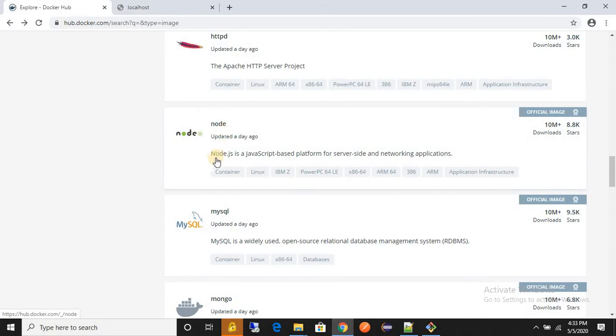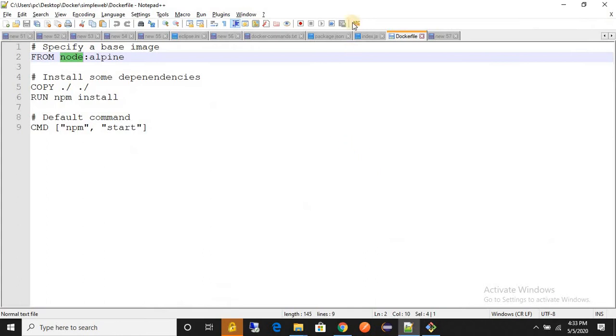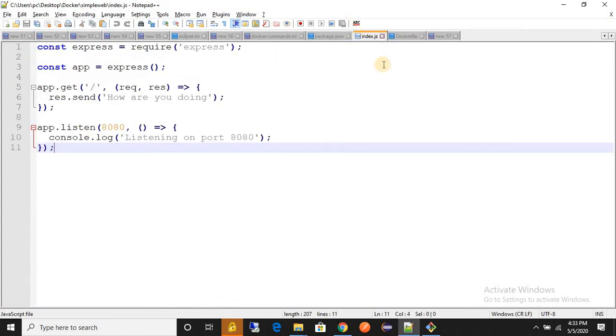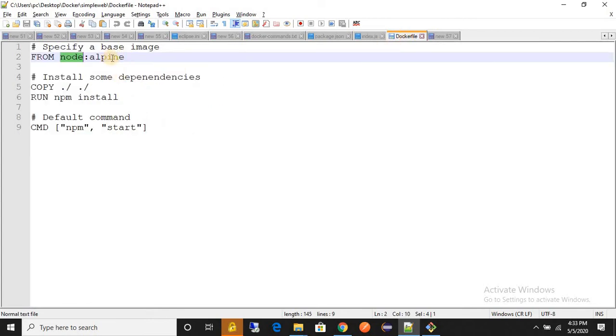This node means what all images, what all files and configuration this image provides. You can go inside this, you can check. Node.js is a JavaScript based platform for server side and networking applications. So I am using here the index.js file. So I use node:alpine there, right? The first line is node:alpine.